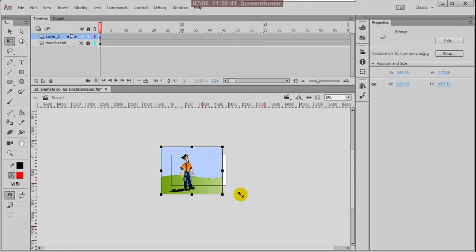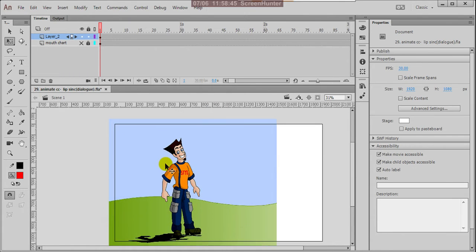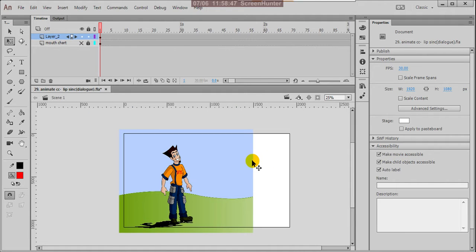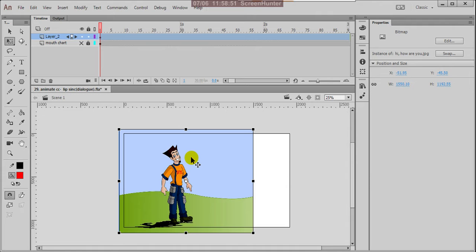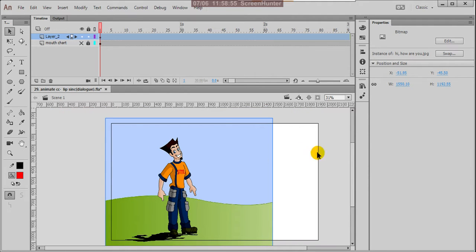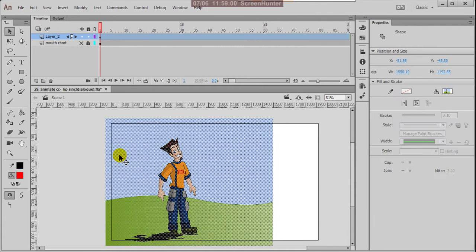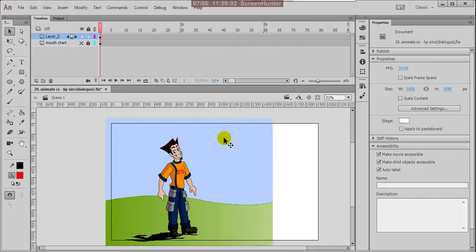Suppose we want only the head portion, then you can break this apart. Select this and press Control B. Okay, so you can break apart.